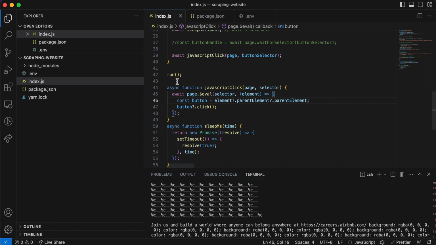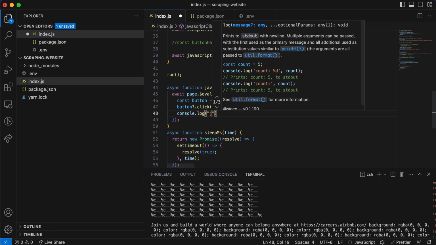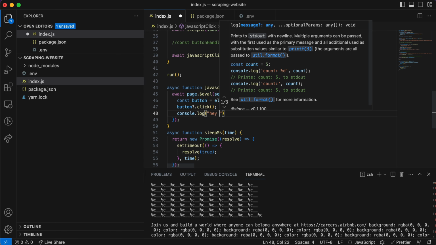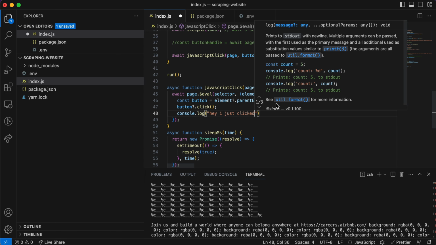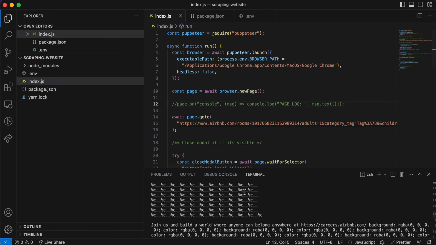So how you can debug these functions is, if I just put a console log here and I say, hey, I just clicked,